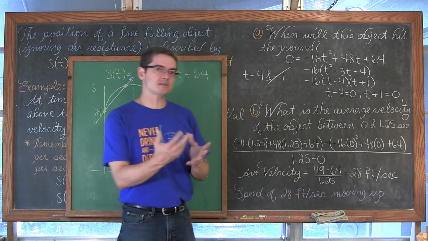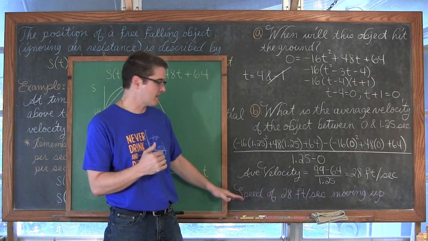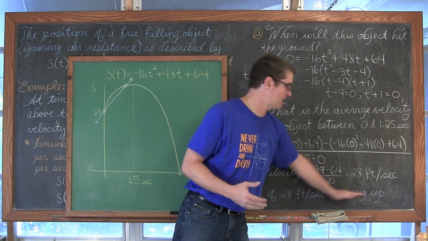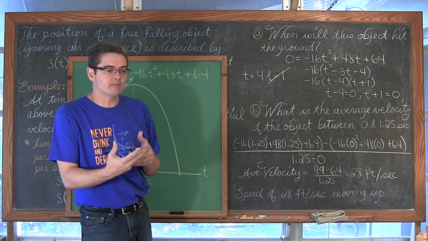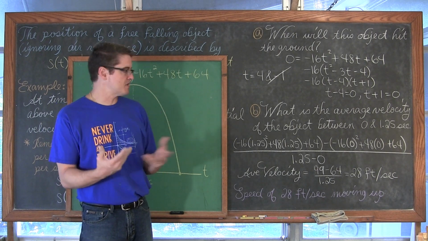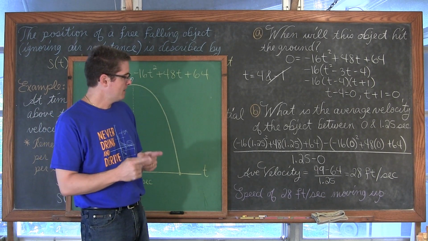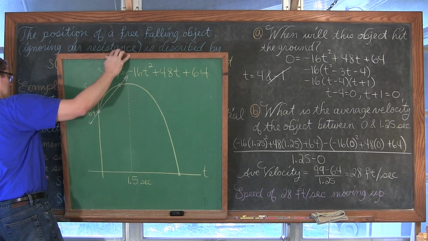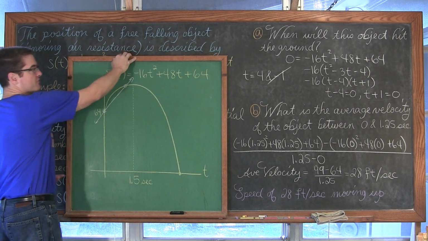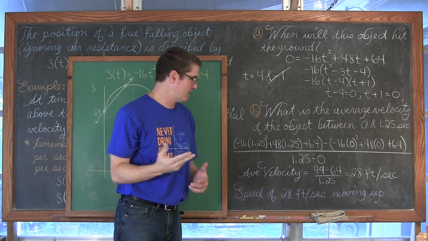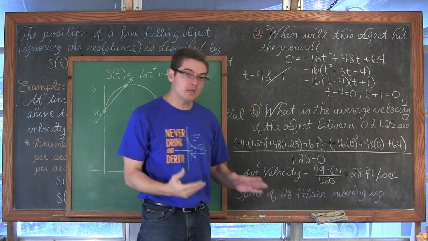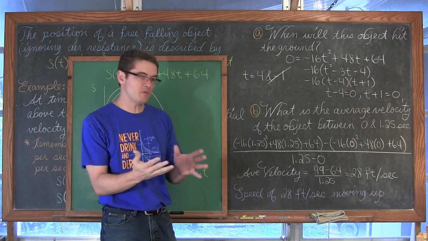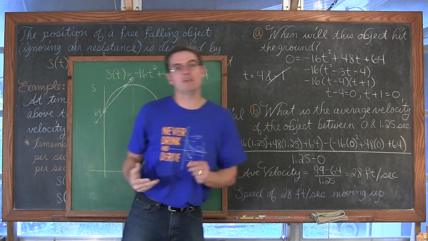So it looks like I'm saying the same thing, but if I'm talking about speed, remember it can't be negative, so I'd have to add a little extra phrase here that the particle or the object is moving up. Now, again, we had an initial velocity of 48 feet per second, and now the speed has decreased, and actually velocity has as well, but focusing on speed here, the speed has decreased to 28 feet per second.